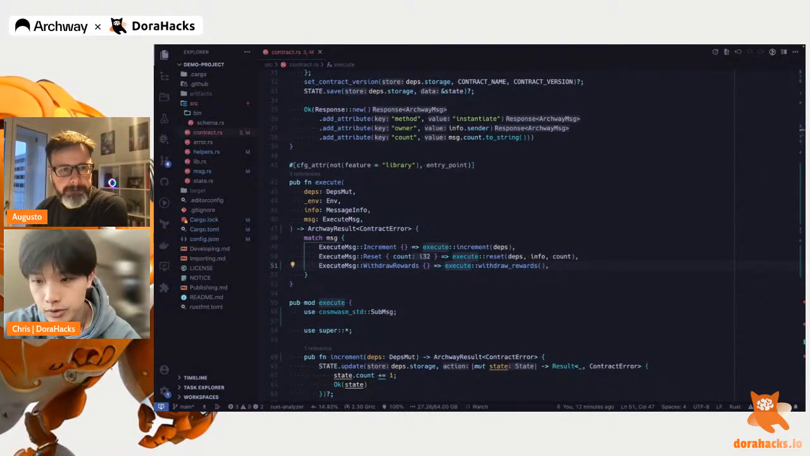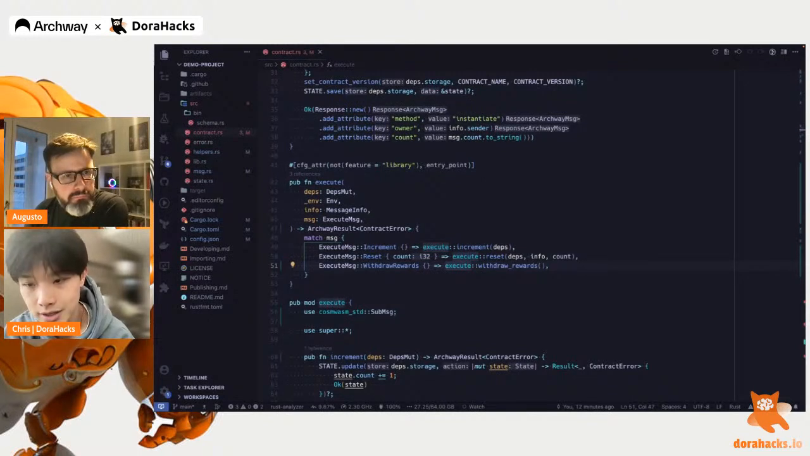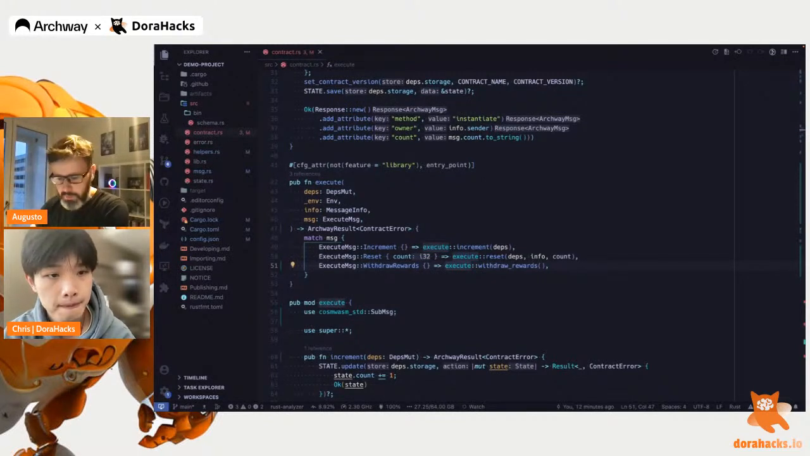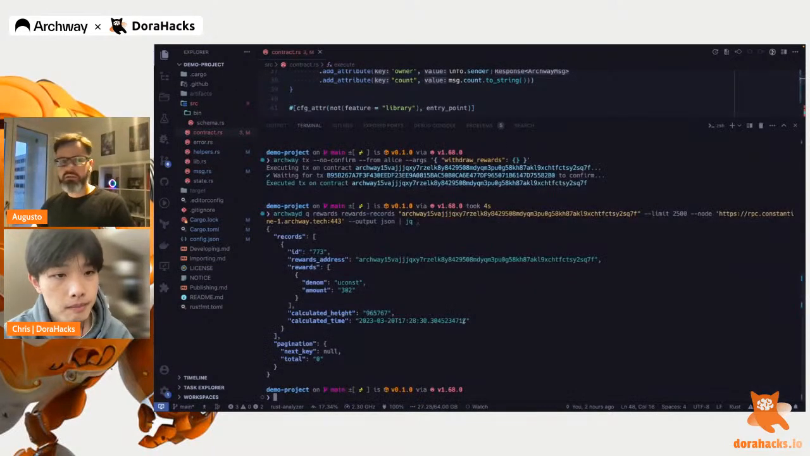Where are these rewards from the withdrawal transaction going to? So where are these rewards from the withdrawal transaction going to? Oh, you are muted. I'm sorry. Yeah, so in this case,